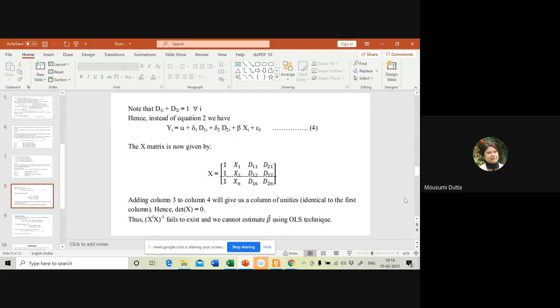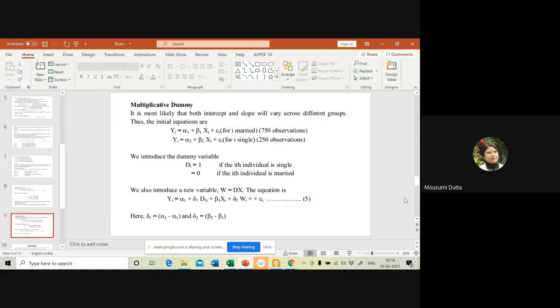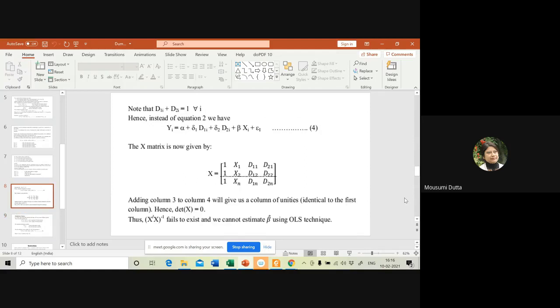In general, there will be an intercept in the regression model. So in general, you have to define the number of dummies as the number of categories less 1. Otherwise, you will face the problem of the dummy variable trap. Any question regarding the dummy variable trap?